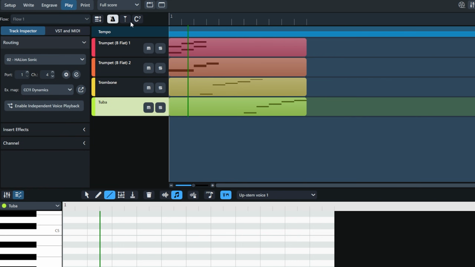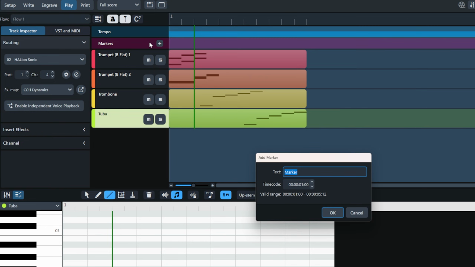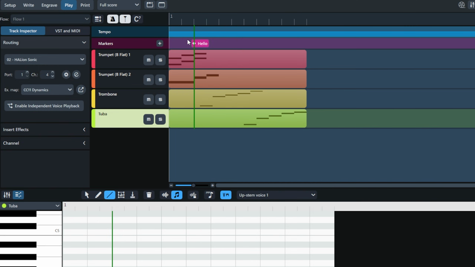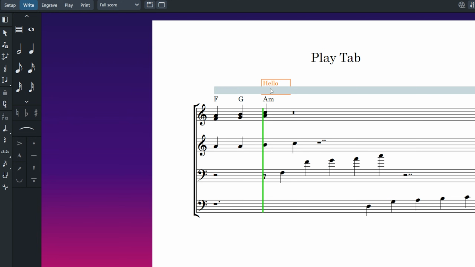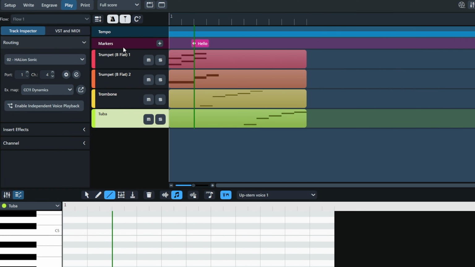And next to it, you have your markers, which you can add to your score. And there's also this plus here, which makes it easy. And these are the same markers that you put for film and stuff, that there is a timing in it. So I'm going to say hello. And let's see if it actually shows in our score. Yeah, as you can see here, and the timing is also written there. And also don't mind the score. I just wrote some stuff down, copy pasted just for the sake of the tutorial, nothing really substantial or complicated. But yeah, let's go. So that was the markers, and if you just want to make it go away, you can press this